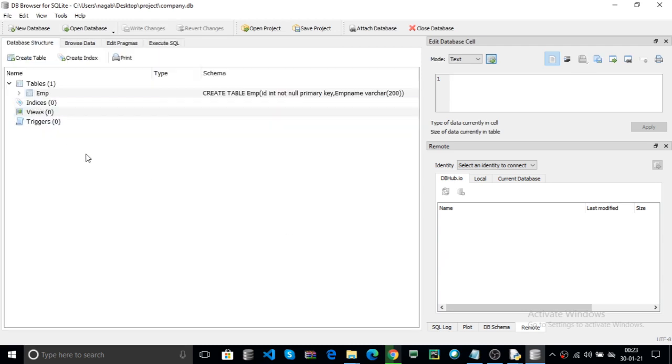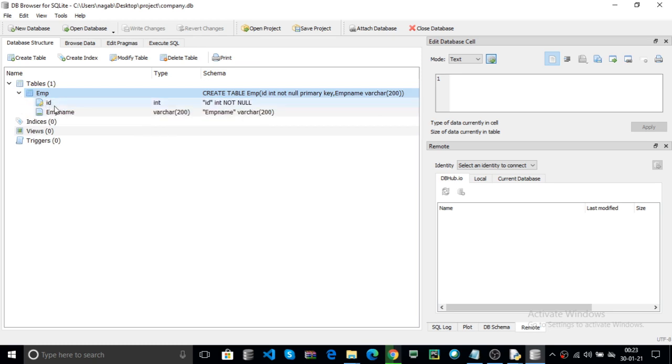Here you can check that the database contains one table, that is emp, similar to our query. Now expand the emp. Here you can check the id is not null with primary key, and emp name is your column name. Here the id contains the constraints.